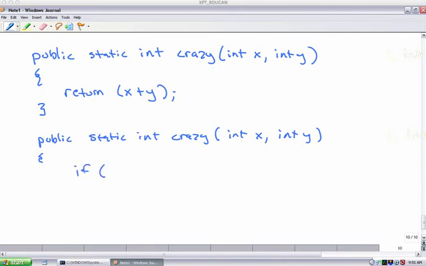If x is less than 0, or y is less than 0, then return x times y. And then we'll put return